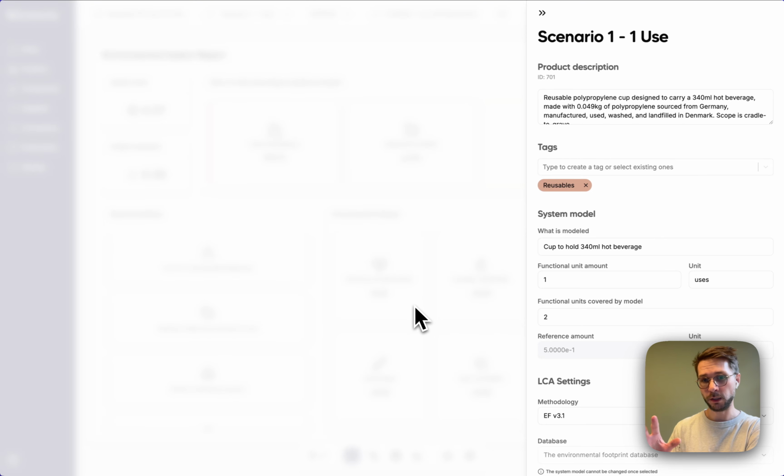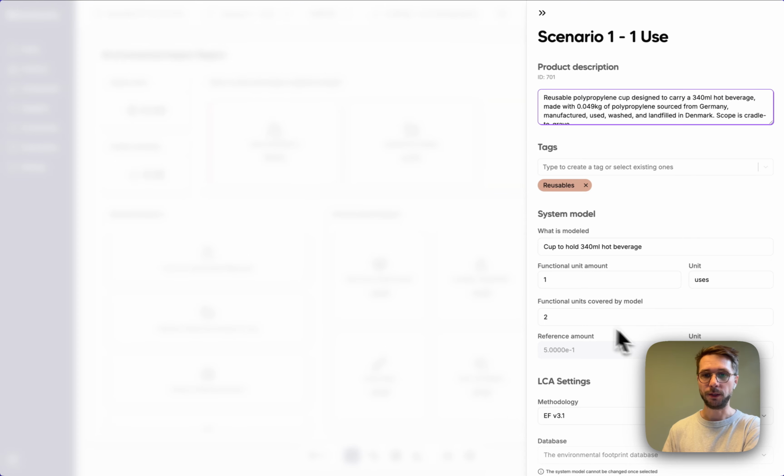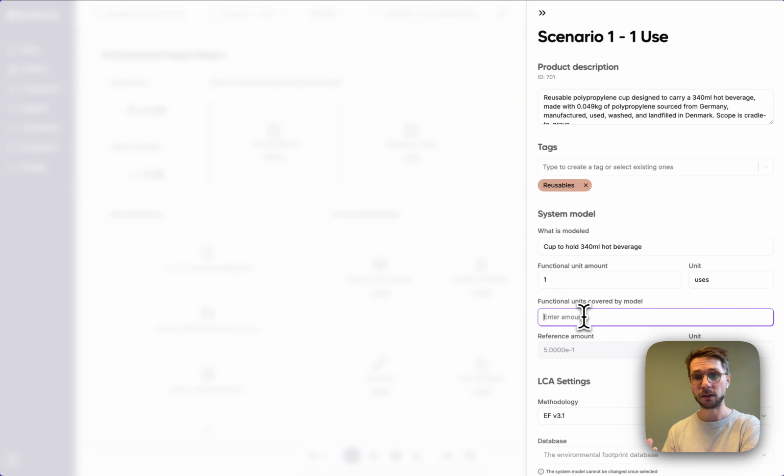Anyway, once you've done this, you can actually just go back, and we are on the impact report right now. If I click up here and I switch between system and functional unit, you can now see everything is halved. And it might seem simple to cut everything in half, but let's say that instead of modeling a plastic cup, we had modeled the factory and we knew that it outputs 28,902.